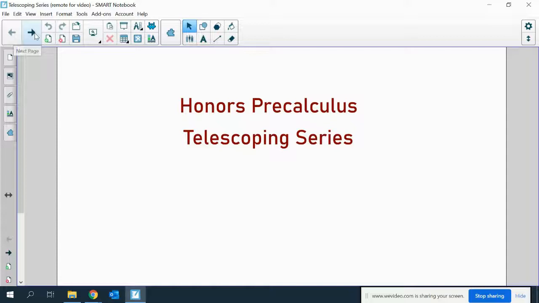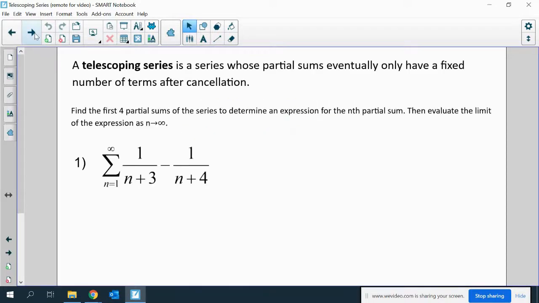This video is about telescoping series, or telescopic series. A telescoping series is a series whose partial sums eventually only have a fixed number of terms after you cancel a bunch of other stuff out. So for this problem, how we're going to demonstrate what happens in these types of series is we're going to